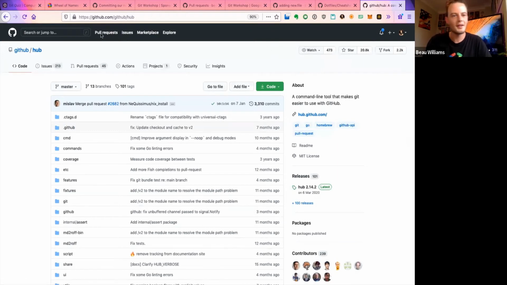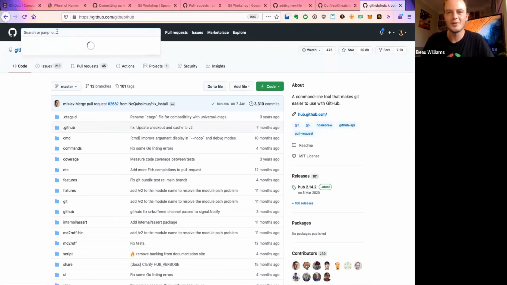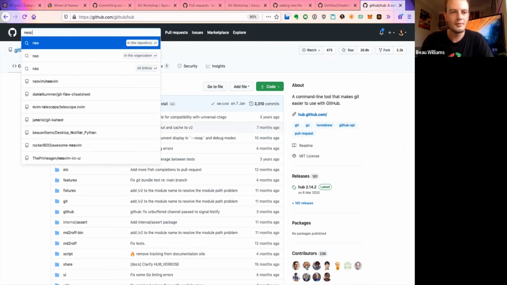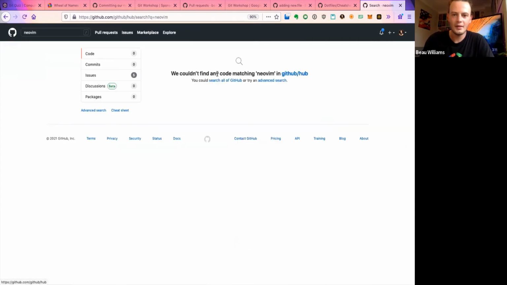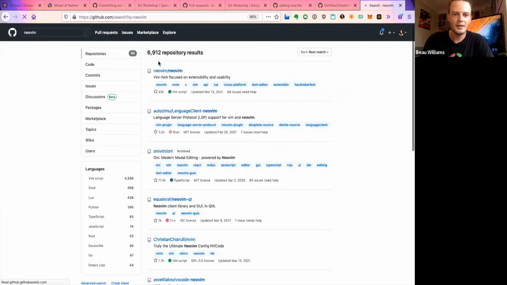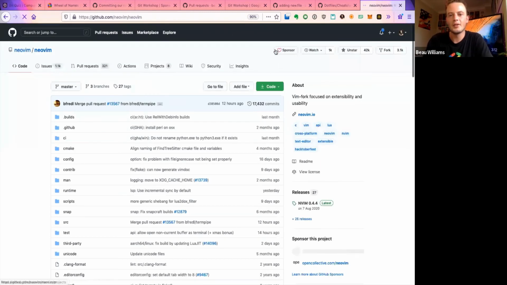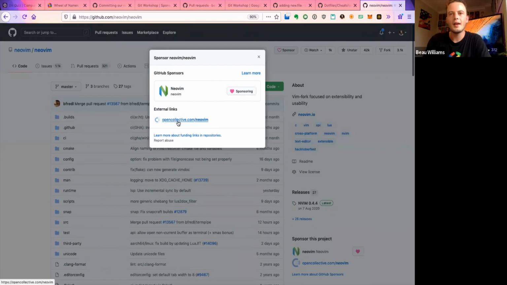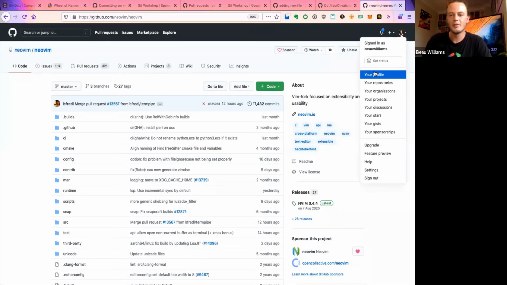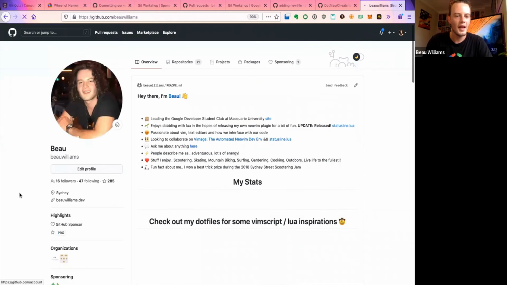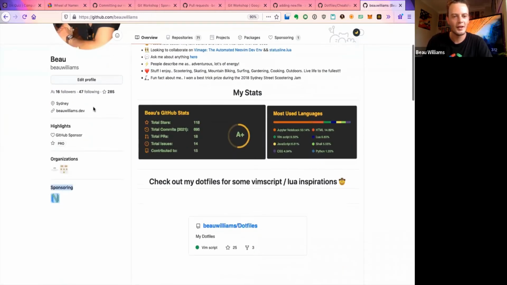support it, we can actually sponsor it right there, and they actually don't take sponsorship. So that's a really funny example. So I'll go to NeoVim and search for GitHub. There we are. We can go here, and there's actually a sponsor icon right here, and we can follow through and say sponsor them for $2 a month or something like that. So that's something I really recommend you do. It's really great to support open source projects, and it's going to come under here as sponsoring, and it's going to say that you're a GitHub sponsor. So that's a really cool little thing for your profile as well.